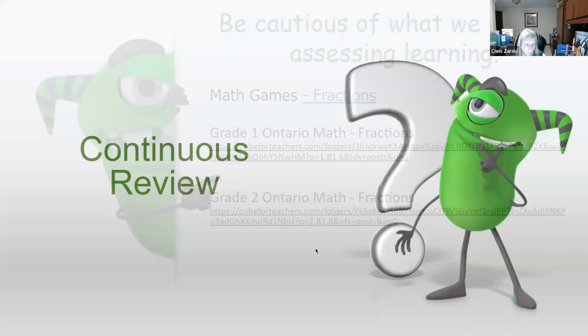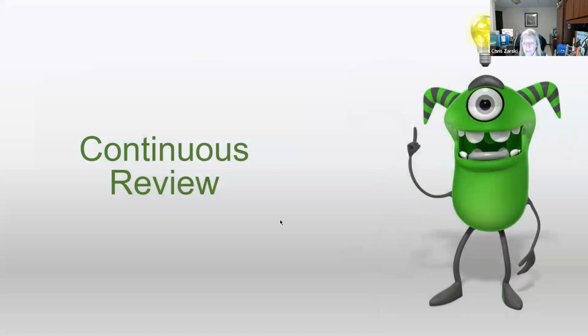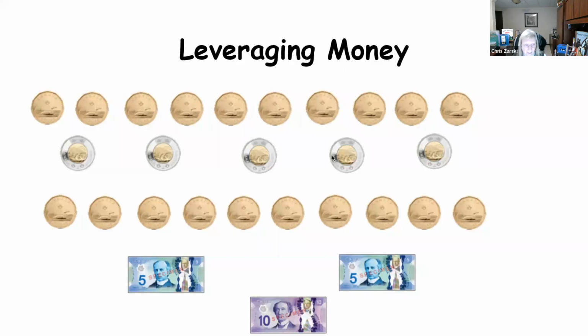Nothing big, nothing crazy. Okay, so we want to do a continuous review like we've been doing in this example, and I apologize that it went longer, but I really wanted to unpack the unit fractions because that's a big piece that's in where we're starting right now going into December, January. So just always revisit. You've got the money on the number line, skip count it out. Just keep revisiting all of those different pieces. Leverage money for everything you can. If you see 10 loonies, can I change it? Yeah, I can put them in groups of 2s and make toonies out of them. Or I could make 2 5s out of them, or I could make a 10 of them. It's just that conversation so that when you bring out base 10 blocks, I have a good understanding of what converting is all about.